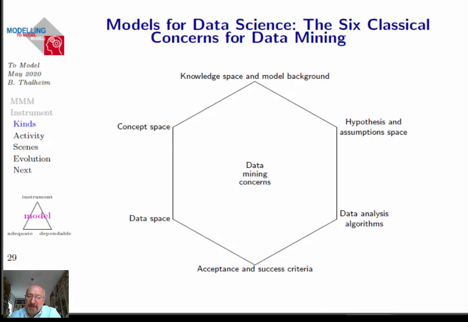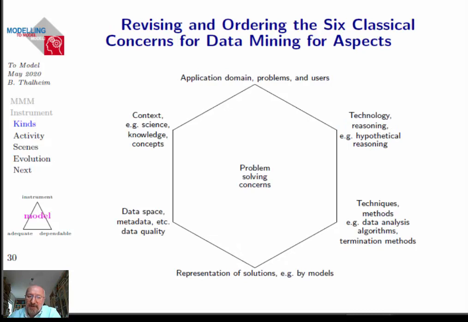I think we can map it better to some kind of reconsideration: application domain and problems and users, context, technology, techniques, the data space, the metadata, the data quality, and finally we have the representation of solutions, for instance by